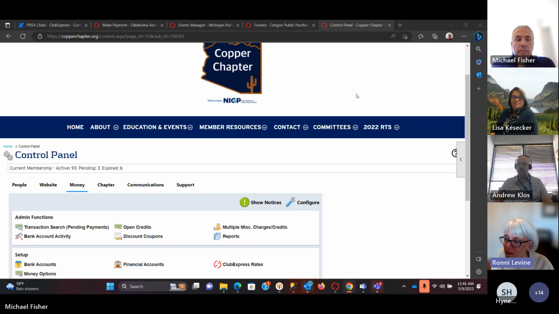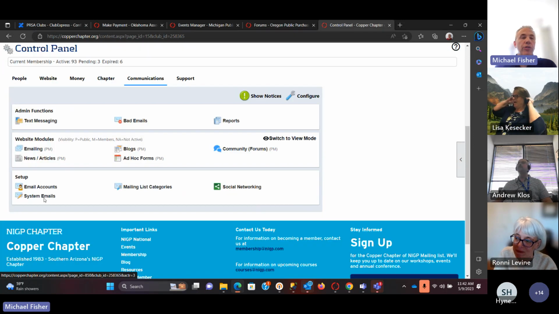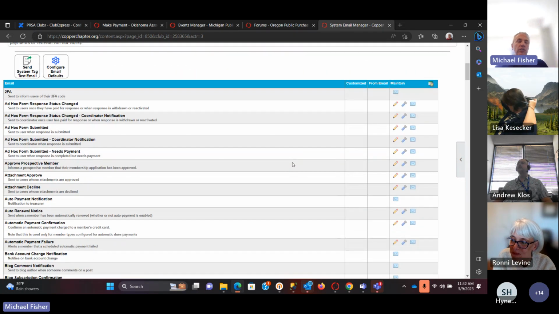So Tabitha's asking about events. The system provides 2 emails, one upon registration and one upon payment. If payment is provided at registration, can only one email be sent? That is coming, but it's not here yet. Eventually you're going to be able to, within system emails, determine whether you want 1 email or 2. If the event registration confirmation and the payment are within a certain number of minutes of each other, it would only send 1. Otherwise it would send 2.